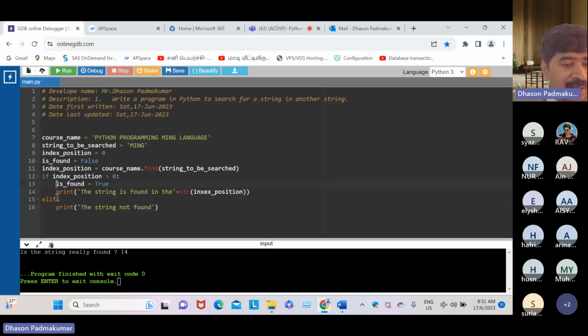It means, see the indentation alignment, found equal to true. We said that yes, it is found, and we print it. The string is found at the index position.